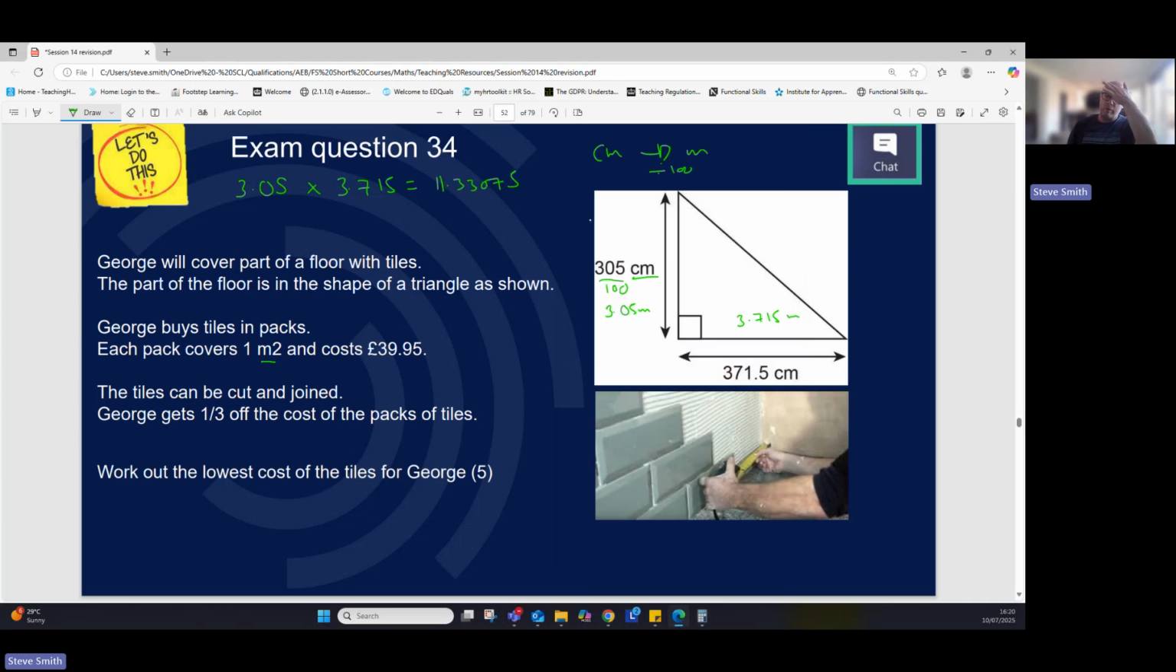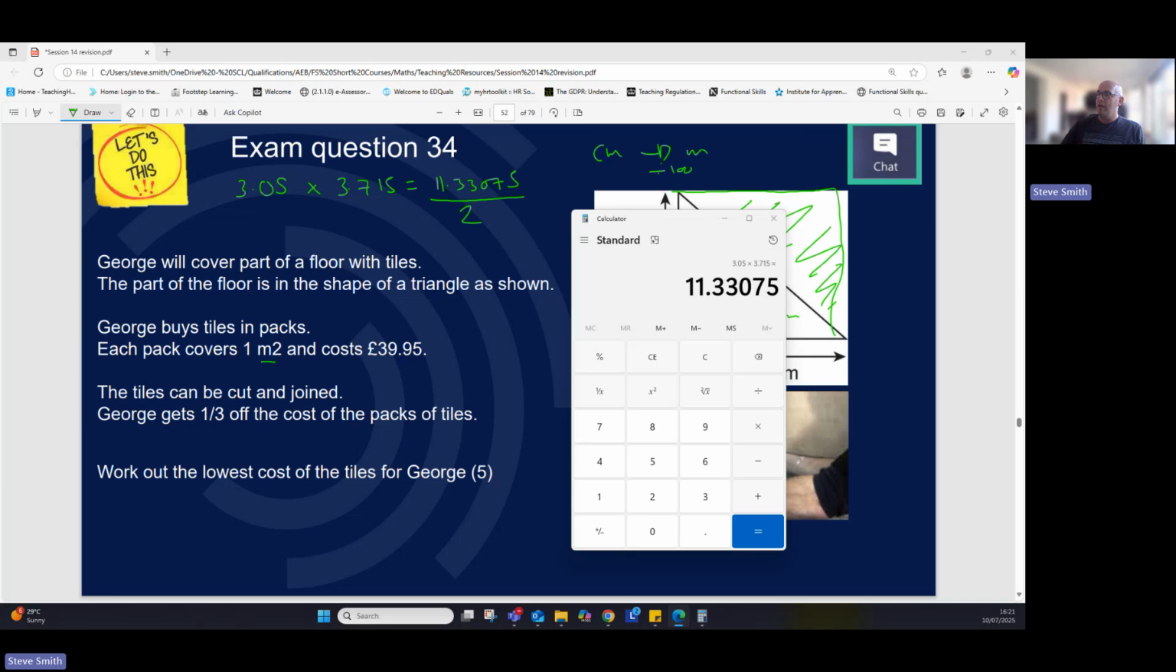11.33075. If we remember when we're working out the area of a triangle, that's not the answer. That would be the answer if we were also tiling that part as well. We're not tiling that part as well, so we must halve or divide our answer by 2. And we've just got the area we need. Divide by 2,